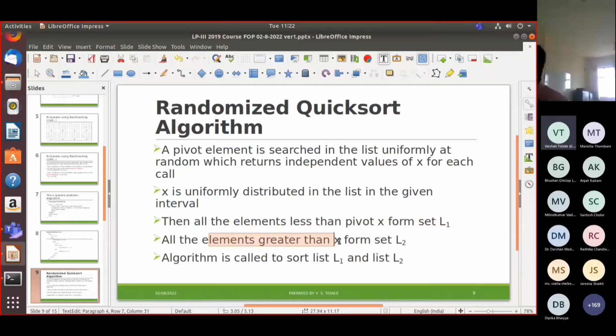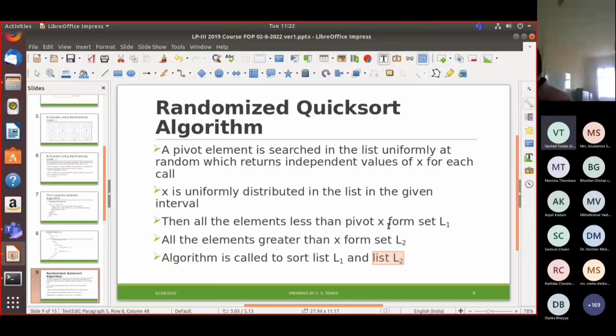All the elements which are greater than the pivot element X are shifted to the second set L2. Quicksort is applied on list L1, and quicksort is applied on list L2